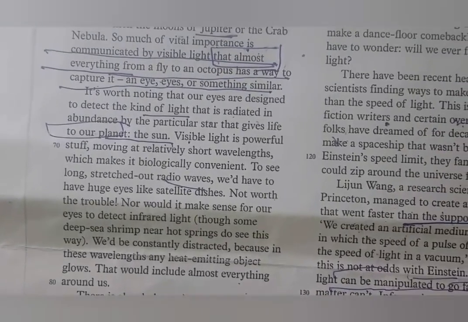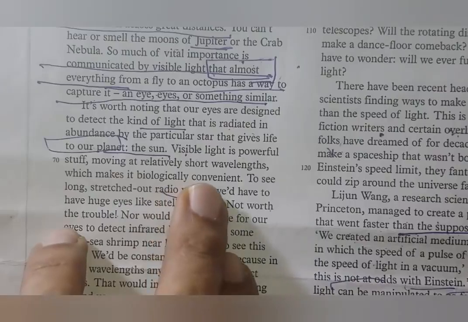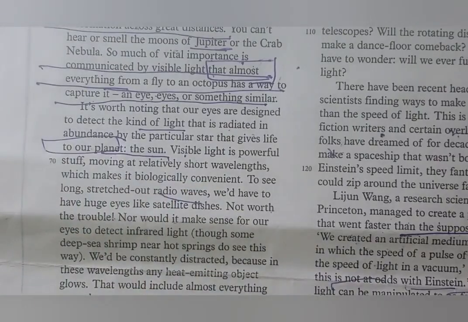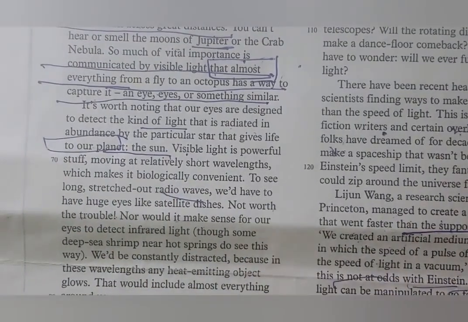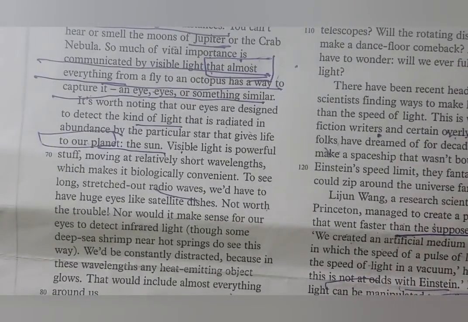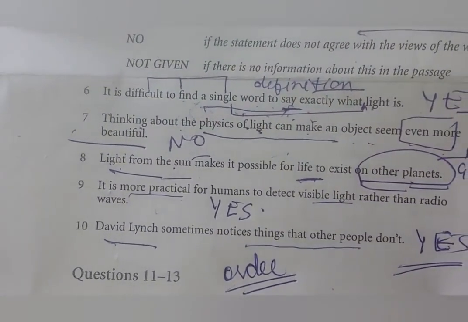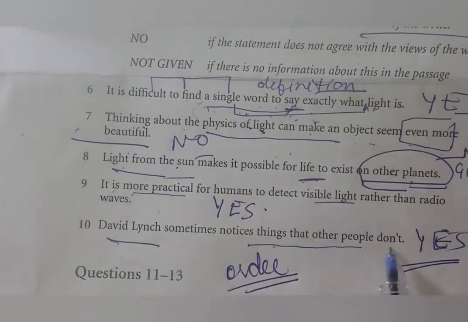उसने कहा है विजिबल लाइट, देखो ये विजिबल लाइट शॉर्ट वेवलेंथ है, बायोलॉजिकली कन्वीनियंट हो जाती है, इसका आप इजीली देख सकते हो। रेडियो वेव्स आप नहीं देख सकते, ये उसने मैच किया है, इसका मतलब ये मैचिंग, एम आई राइट? रेडियो वेव्स आप देख नहीं सकते, इंफ्रारेड जो आपको दिखती नहीं है, यही रीज़न है उसका। तो मेरा आंसर किस में आ गया? यस में आ गया।